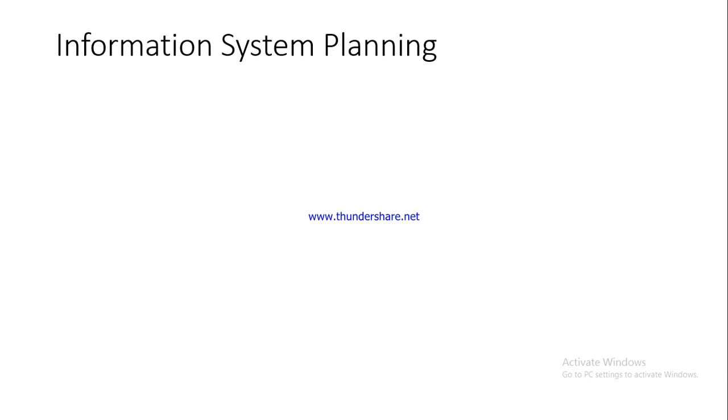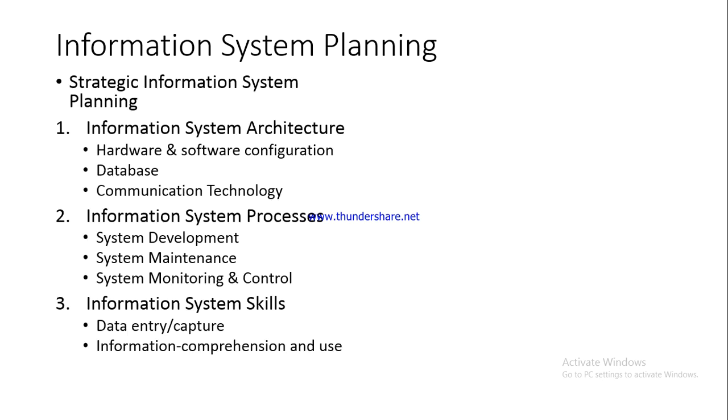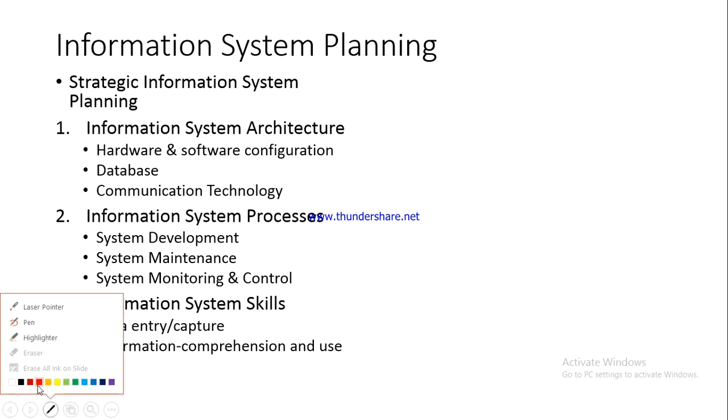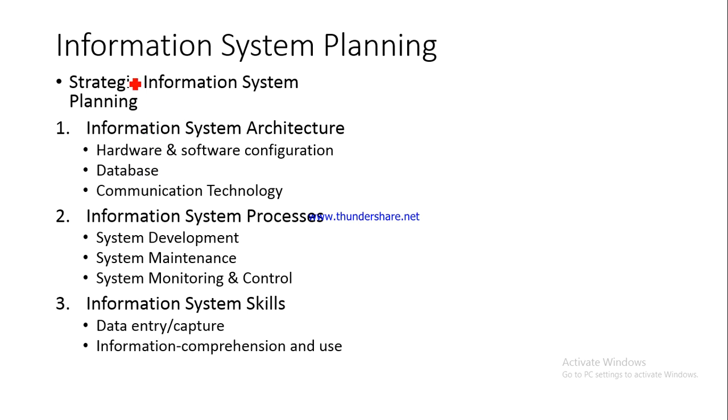So let us talk about how you plan your information systems for the long run, for the longer time period. I hope you understand that planning for the longer time frame is known as strategic planning, and that is why we are calling this strategic information system planning. And what are we going to do here? We are going to plan for the longer time frame, 5 years, 7 years, or maybe 10 years also, right? So what all things will we be taking into consideration while doing this strategic long-term planning?